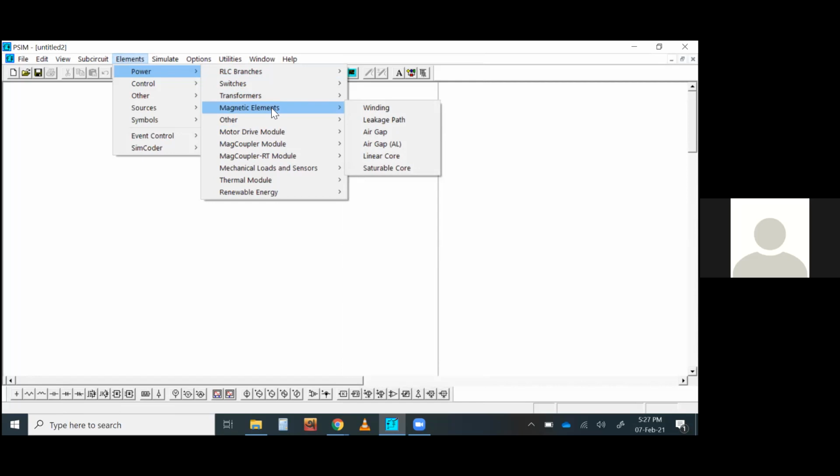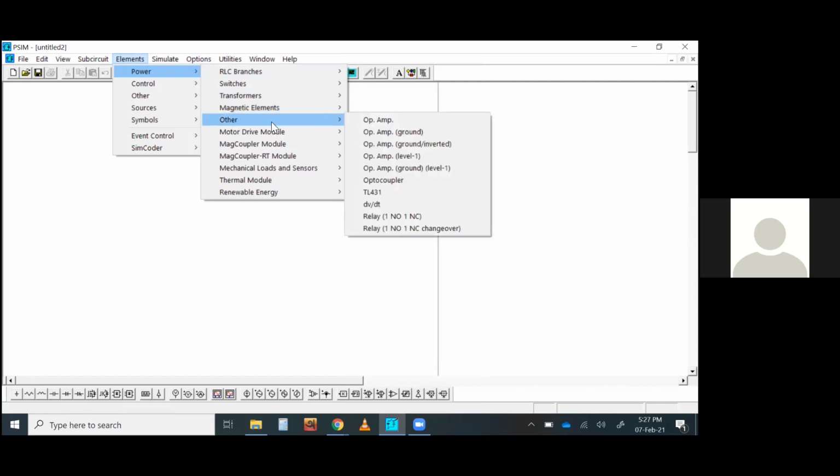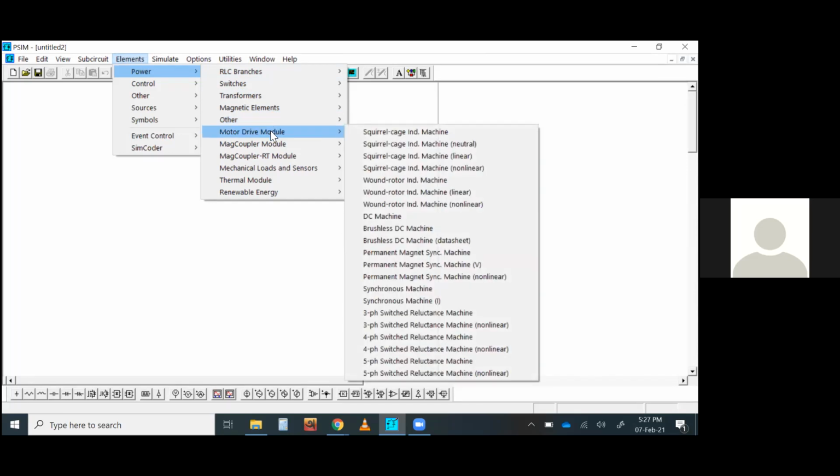You can design a magnetic circuit by yourself, simulate it, and calculate the flux linkages, the magnetic force drop, everything. Op amp. You can also find a lot of motor models, like squirrel cage induction motor, DC machine, brushless DC motor, synchronous motor.